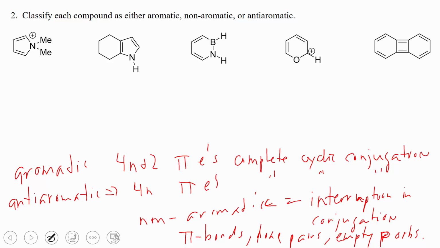All right, so let's look at these 5 examples here. What we see here is that we have something that's interrupting the conjugation, so this can't be aromatic or anti-aromatic. We're going to call this one